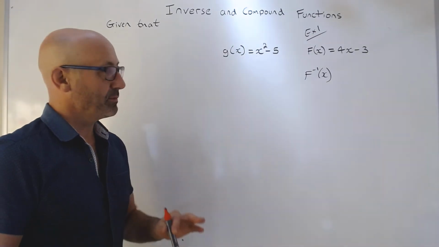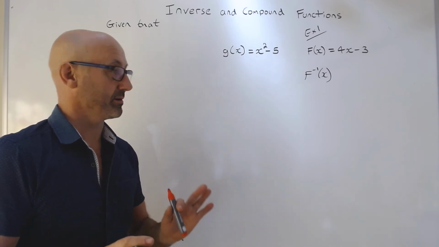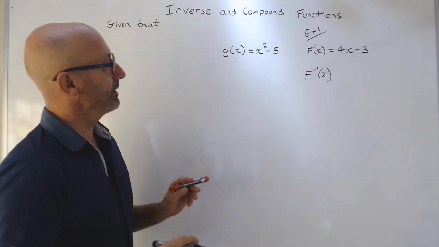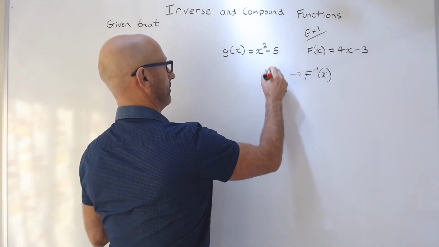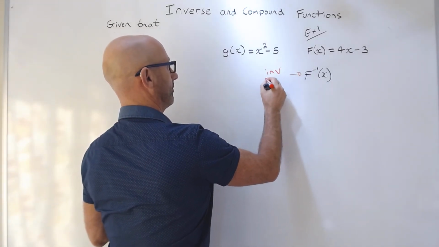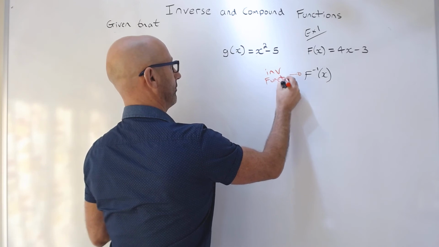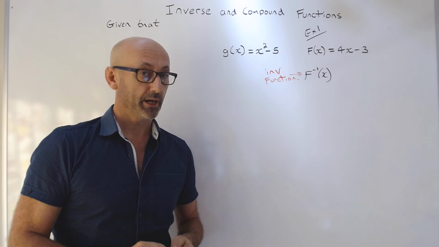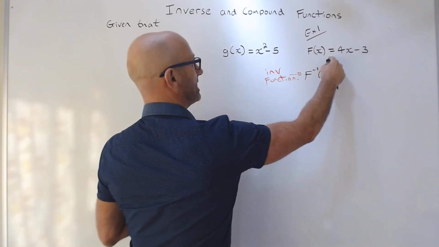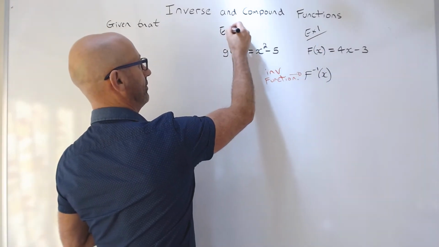So this is very much how you get the marks, okay? So that means inverse function. And this is how you do it, okay? So if we take this one, for example,